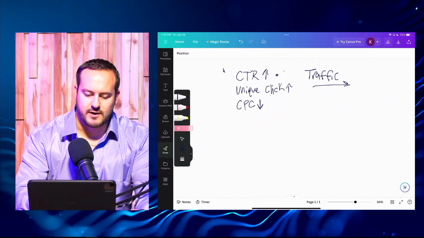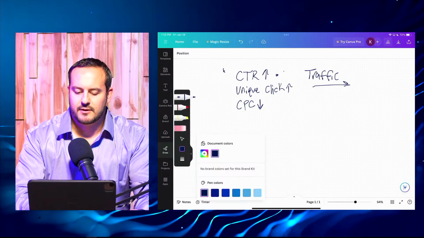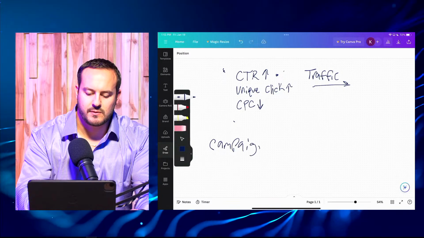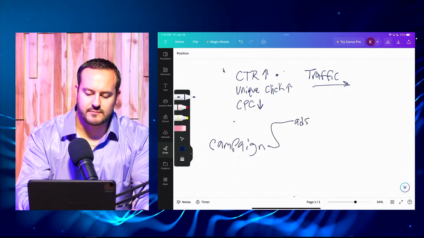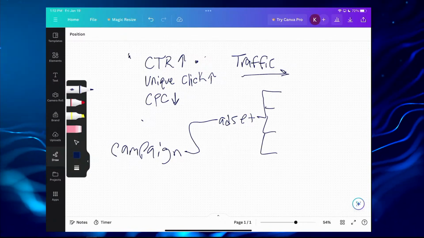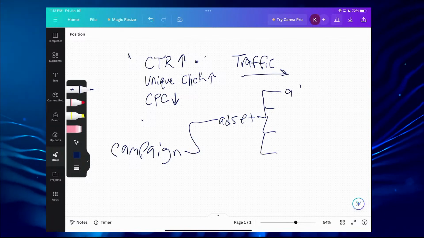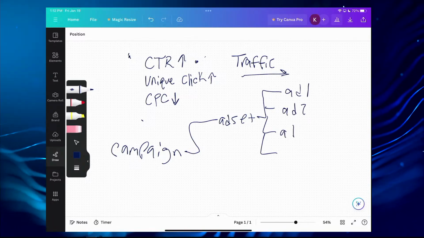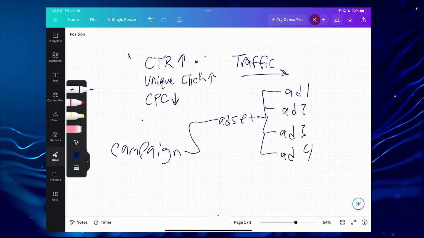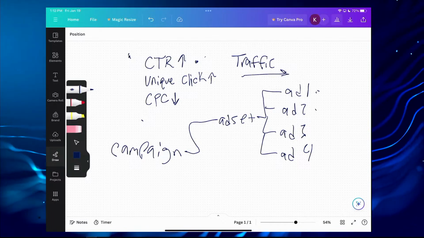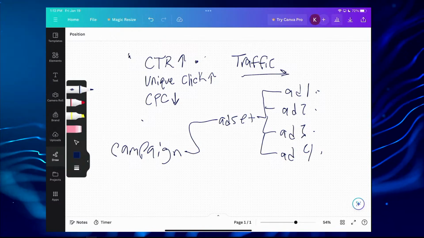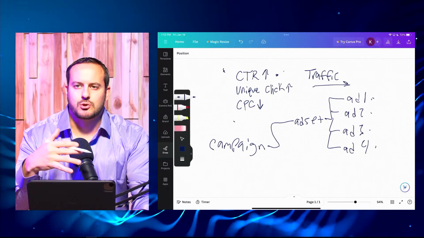Let's see. All right, so if we have that ad set, right? So here's our campaign. Here's our ad set. Now off of our ad set, we have our ads. Let's say we have 4 different creatives we want to test. We can then implement a strategy where all of the copy remains the same, but our creatives are different, right? Our creative from each one of these is different. Now, you want to make sure that your budget remains the same or your reach or impressions remain the same,